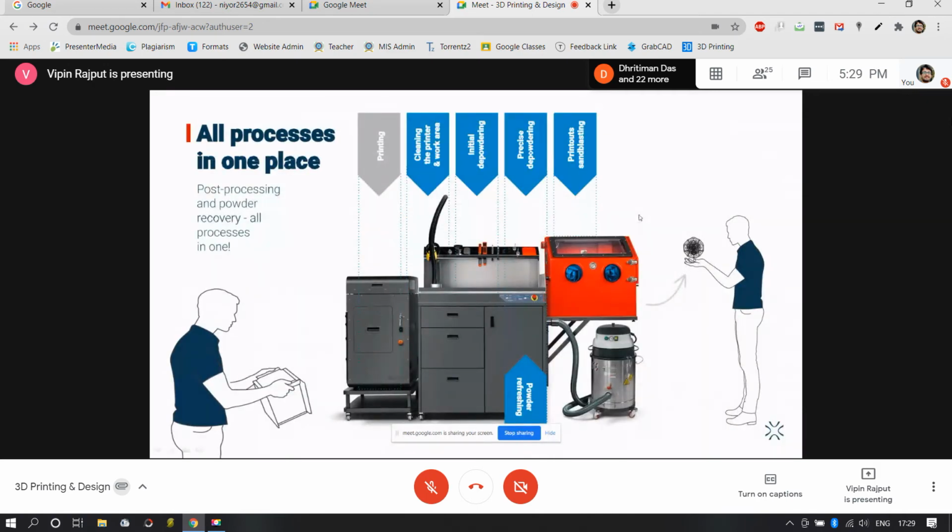Here we have the entire workstation for Centerate Lisa. These are the only equipment responsible for the construction of the model, for post processing, for removal, for everything. This is a neat and tidy setup from where you can print the models, post process them, and use them in their actual applications. So this is the printer. Then you have powder cleaning units, a sandblaster, and vacuum cleaners. We'll study all of them in detail.